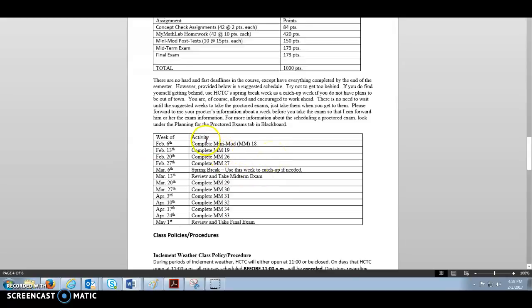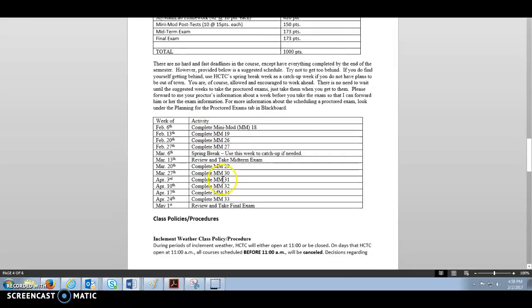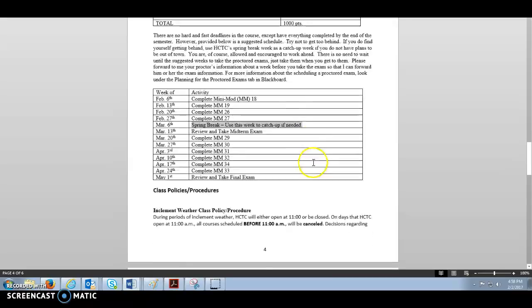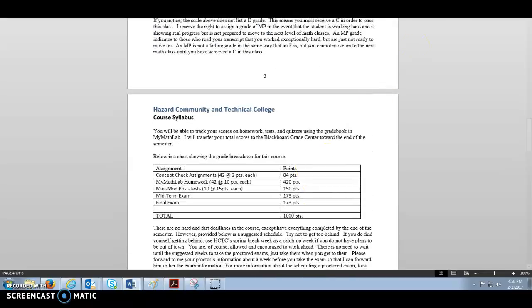Basically, the suggested schedule is to complete a chapter a week. It's doable. Since this is a 12-week class, it's a little tighter than it would be if we were meeting for the full 16 weeks, but it's okay. It's totally doable. I think everybody's going to be fine. Notice that I did not have anything for spring break, but if you're not going to do anything or go anywhere, you're just going to hang out, it's probably a good idea if you use that week for catch-up if you need to. Okay? So read through the syllabus.